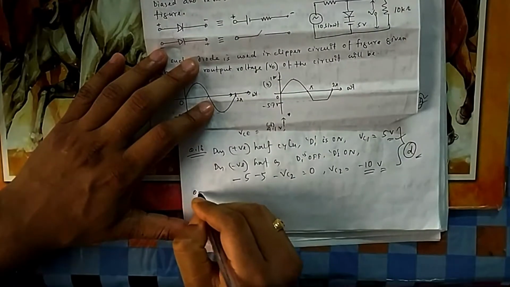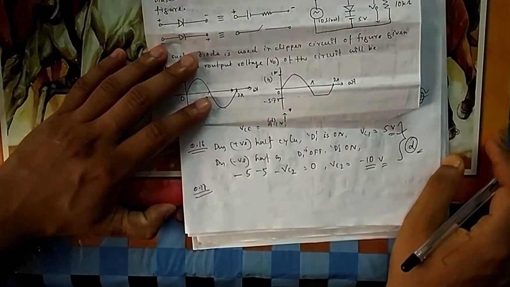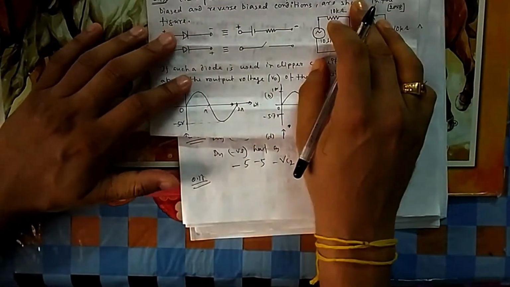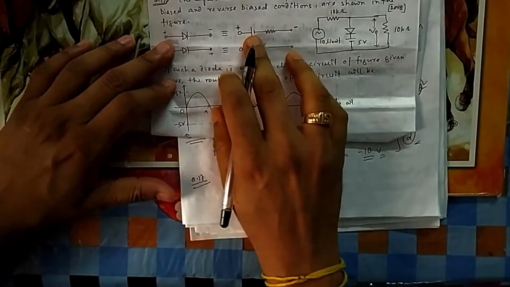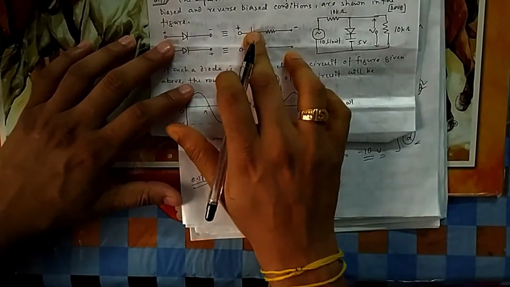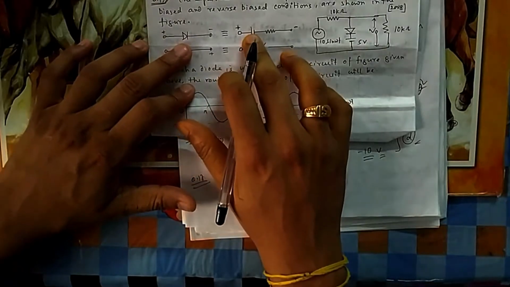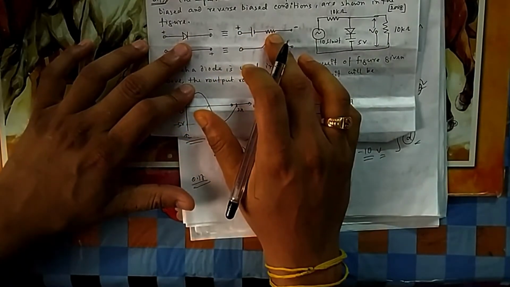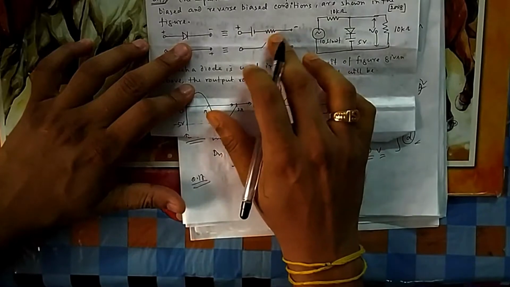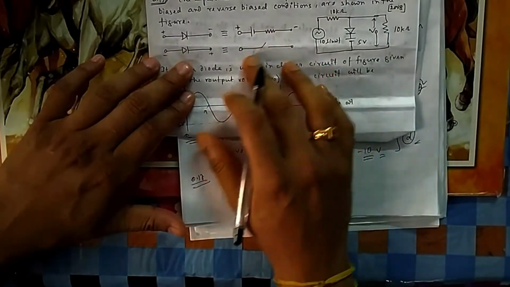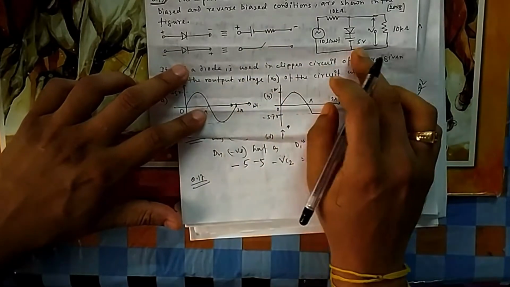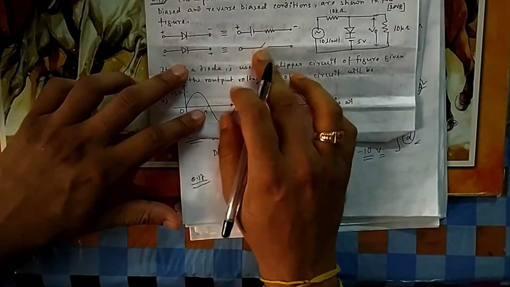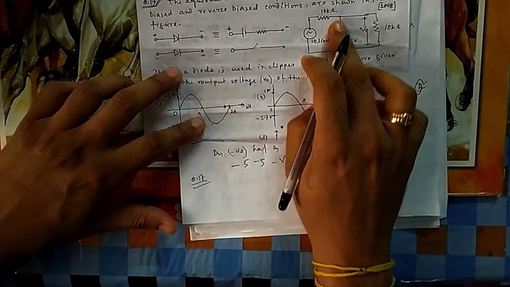So question number 17. In 17, they are asking about the equivalent diodes in forward bias and reverse bias conditions. During forward bias there will be a source voltage, that is, we can think of the 0.7 volt drop we consider in the case of a practical diode, plus some drop across the internal resistance, and in reverse bias it is simply an open switch. So if it is on we have to use this one, if it is off we have to use this one.